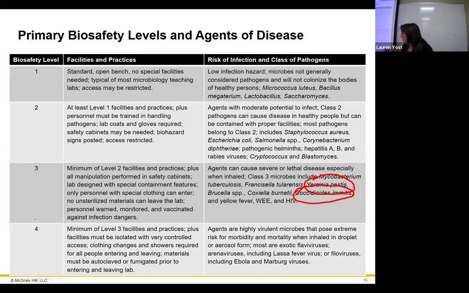We have BSL-4 next. Now you guys probably know what that one is. We're going to have that full gear. Usually what's going to happen is you're going to go through the same situation that we did with BSL-3, a changing area. And then there might actually be BSL-3 facilities that you might work in related to that. But then you would go through those and then go to another chamber where you would put on these ridiculous suits, the big rubbery ones. They have their own boots that you put on.